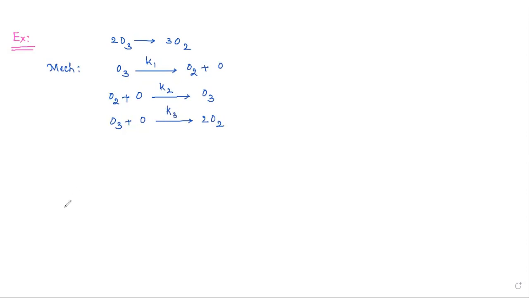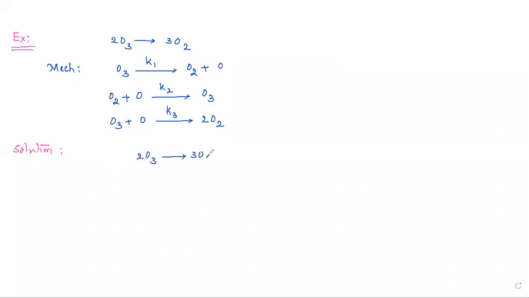Okay. See, in this case, you are not given any information about what the slow step of the reaction, or what the fast step of the reaction is, or the equilibrium step of the reaction is. Nothing is mentioned. Now, in such a case, what has to be done? Let us solve this out. We have to actually get the rate expression or a rate law, of course, from that the order of the reaction. Now, as usual,